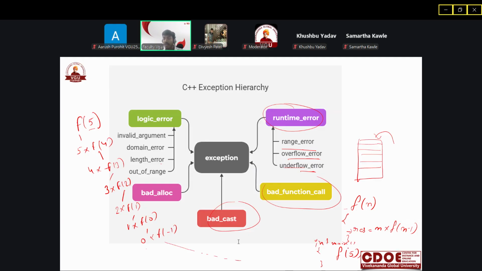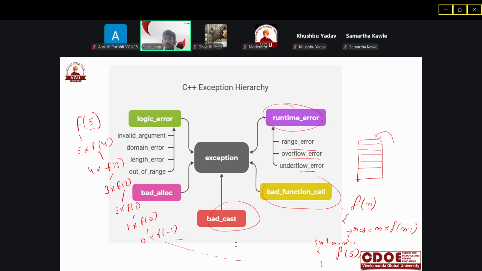As you are aware, whenever there is a function call, a stack frame is used. Memory will be allocated in the particular stack frame, and the number of calling functions is undefined here.